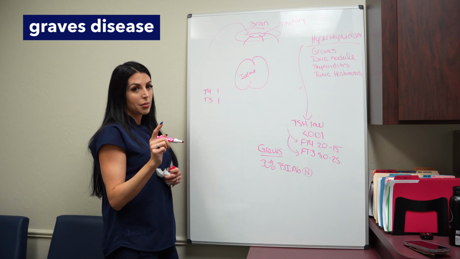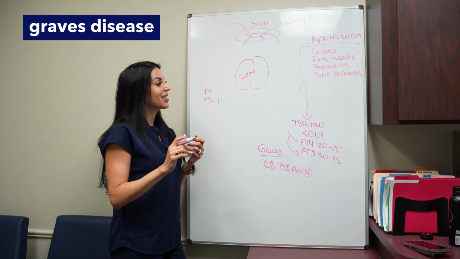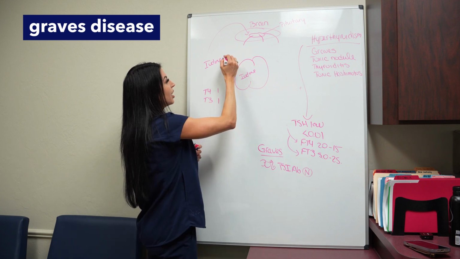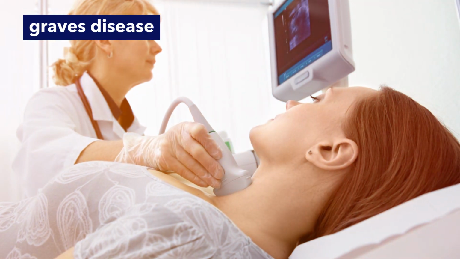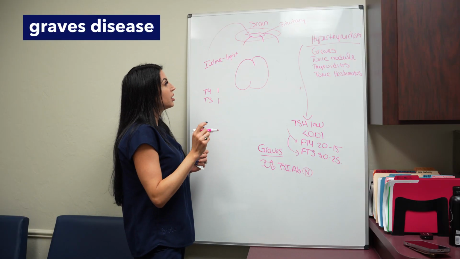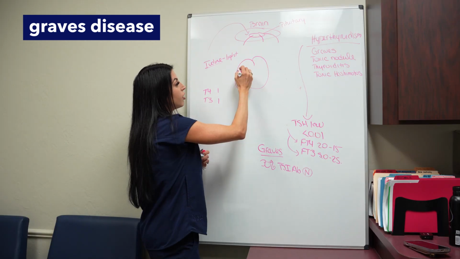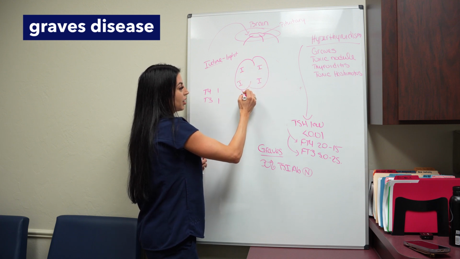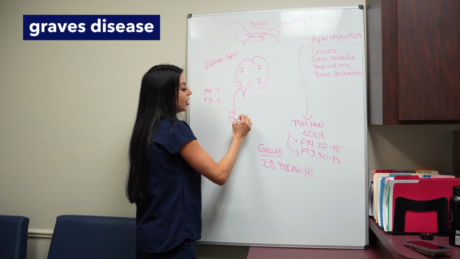So what you can do in these people is you give them something called radioactive iodine. Sounds really scary, but it just means it's iodine that has a tracer of radioactivity connected to it. And so it's kind of like a light. And so you give people radioactive iodine, they swallow it, we scan their thyroid. And initially, nothing is going to show up. But when they come back 24 hours later, what we're gonna be able to determine is where did that iodine go? If they have Graves' disease or they have an overactive thyroid, all that iodine is gonna go into their thyroid, right? Because their thyroid, the Graves antibody, the one that we talked about, is trying to stimulate this thyroid to make T4 and T3. In order to make these, you need iodine.